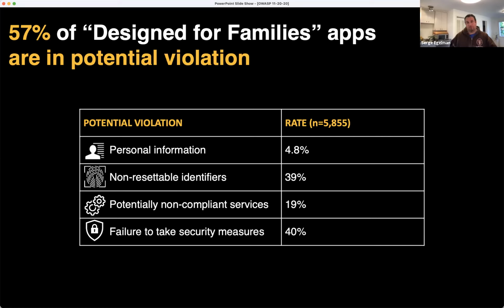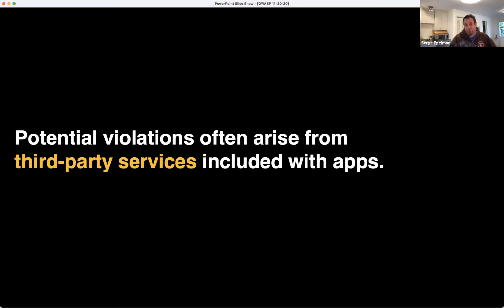Most of it was data going to non-compliant services, such as services that explicitly use that data for behavioral advertising or profiling purposes, not sending the data with TLS encryption, or basically rendering the privacy controls useless by using non-resettable identifiers.